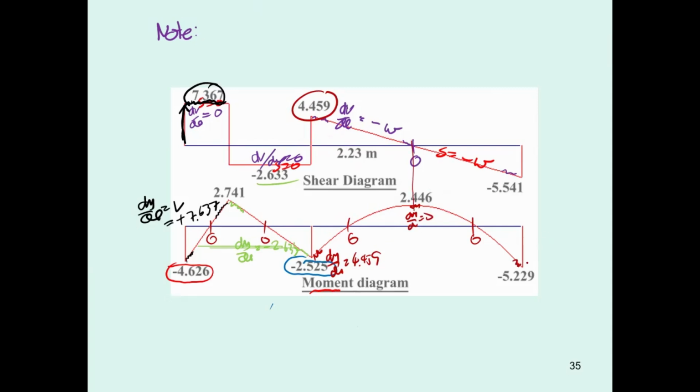Okay, and this one, I said this one, not this one. Many people just highlight it in a different location. It's not that location. It's going to be the location of the shear, because dm by dx equal to shear. Just put it like this one. For sure, this is going to be dm by dx equal to minus 5.41. Okay. And can you determine the location x here? You can do it for sure.